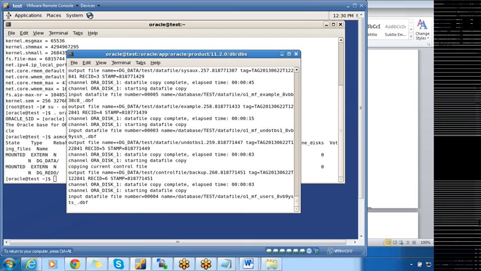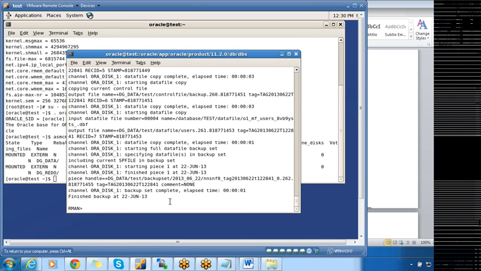It is copying the control file backup also. Okay, the backup is completed.